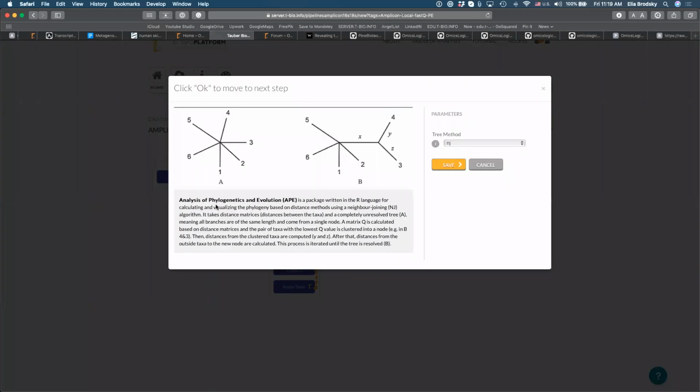So first of all, APE stands for Analysis of Phylogenetics and Evolution. So why are we using APE? What are we trying to understand the phylogeny of? What do you think we're trying to analyze here? Yeah, relatedness of what?